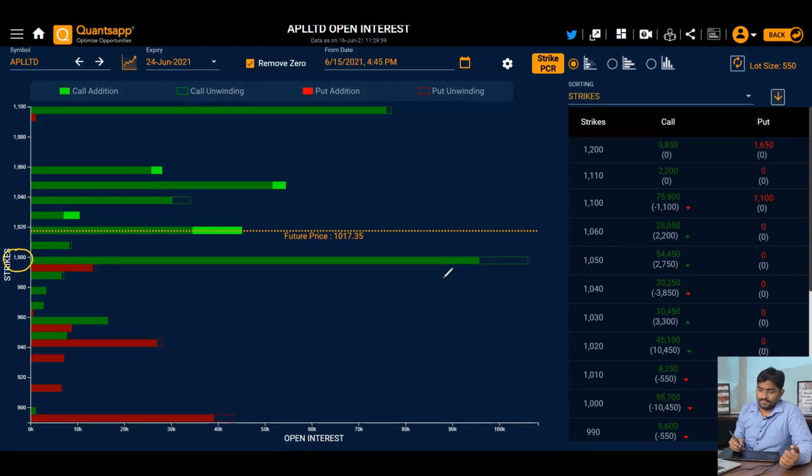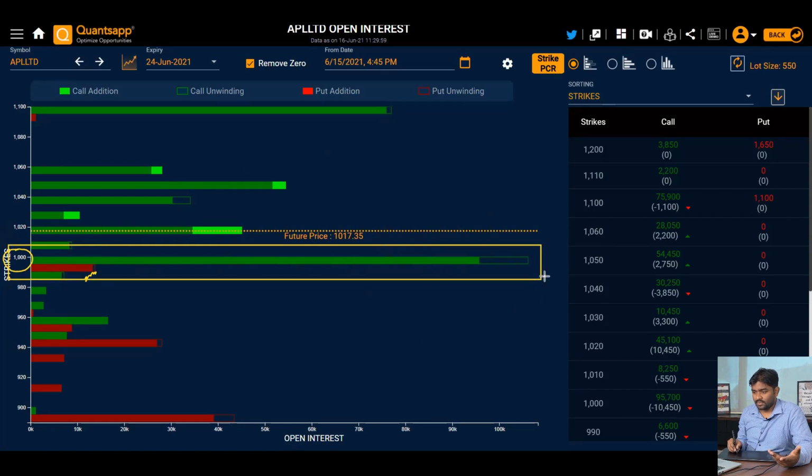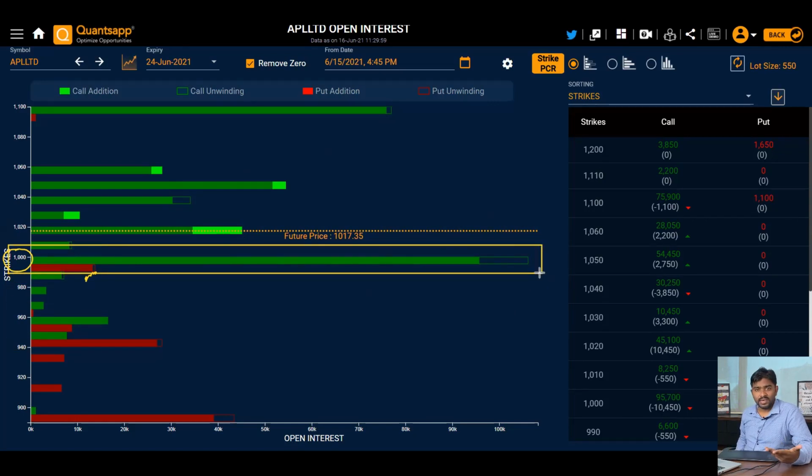Now when the stock was here, let's say it was trading at this point, these people were getting scared. They were probably thinking that the market will move up, so they will try to square off their position. This 1,000 call option is overcrowded as of now. You can easily see that this place is overcrowded, which means a lot of people have created a position. As soon as the price moved above this, see the price is at this point, we have seen unwinding happening in this particular strike price. This hollow on the upper side of this bar shows that unwinding is happening.